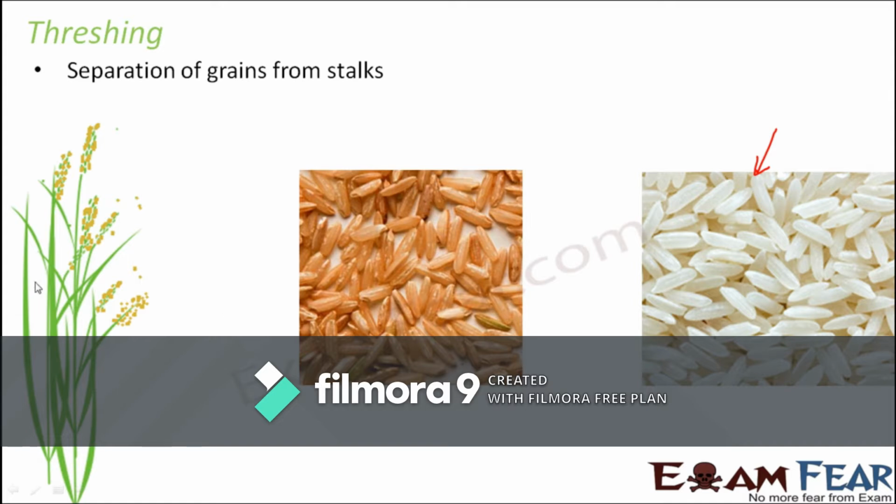The first step when you try to take out the grains is to separate the grains, that is to separate these from the stalks. Now one single stalk can have multiple seeds, as you can see here, just one stalk with so many seeds, right? This separation is done by threshing. So what do we do to separate these two? Let's see, because manually you just cannot pluck the seeds one by one. There has to be some process due to which it will happen a little faster.